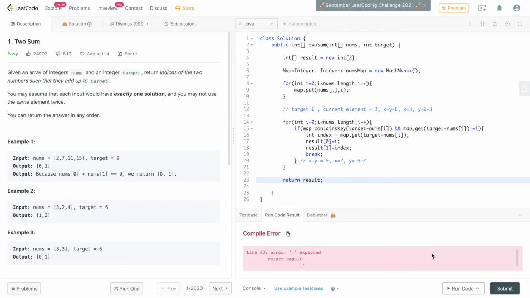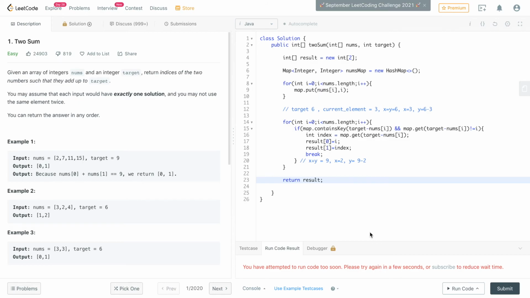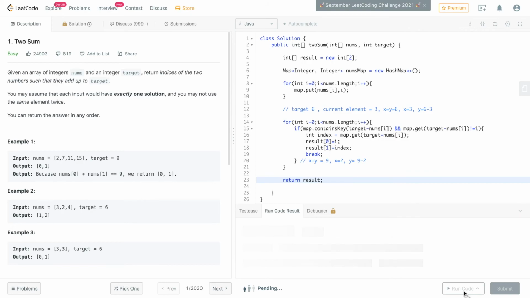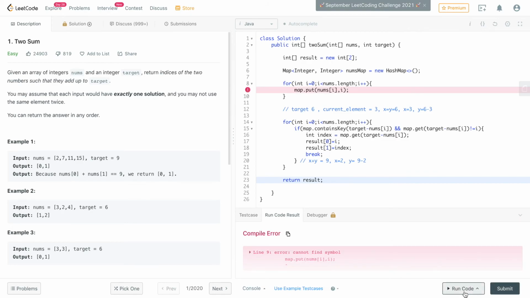Okay, we'll add the semicolon. Okay, there is some issue. It says cannot find symbol map. Okay, it's not map, it's nums map. So let me replace it.